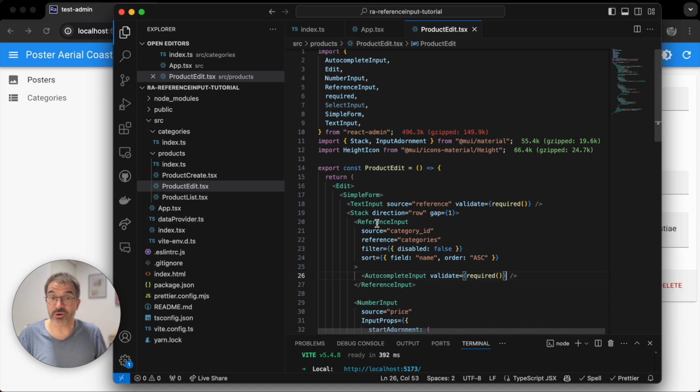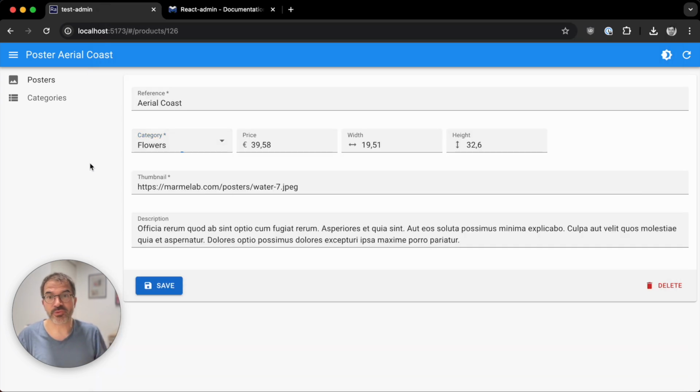So that's it for reference input. It takes a source and reference, and then it will populate a choice context that its children, autocomplete input or select input or checkbox group input or radio button group input, will read to display the list of choices. And you will use it very often in relational admins to select a one-to-many relationship.